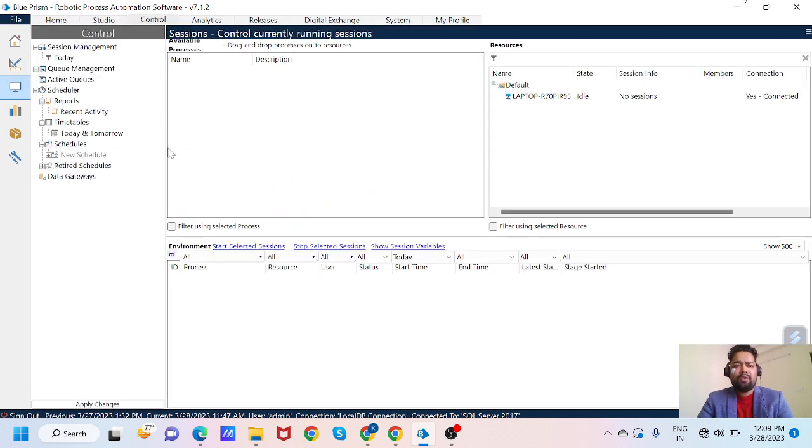In the control module, you can control the process from the control room. Here you can see the list of resource details, like board details. Whatever process you publish will be available here. As of now, there is no process published on my machine, that's why it's showing blank. But when any process gets published, it will be displayed here